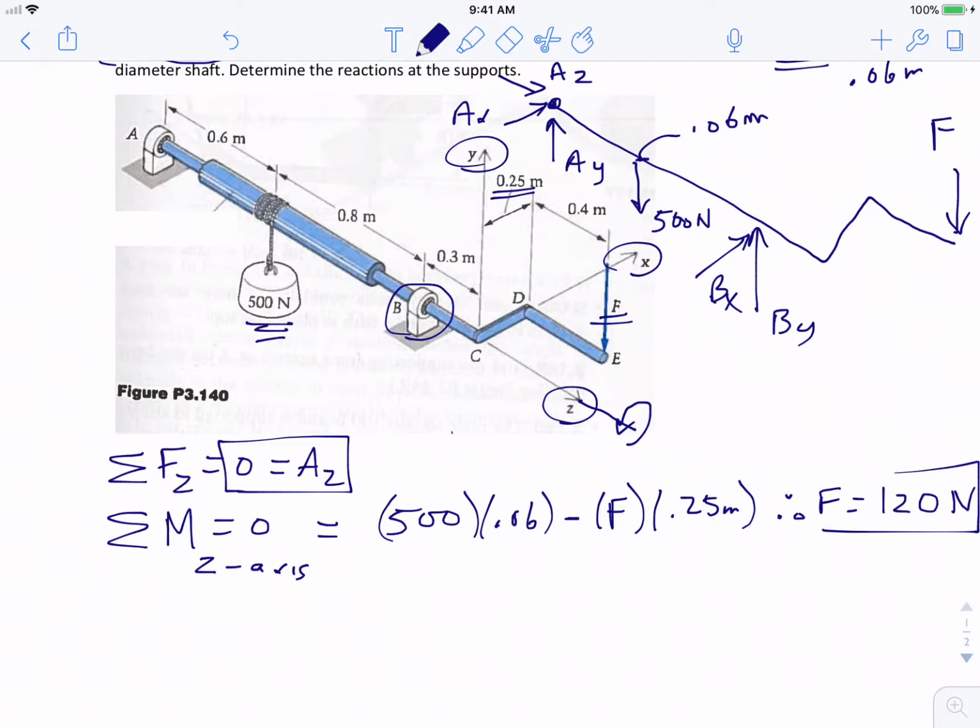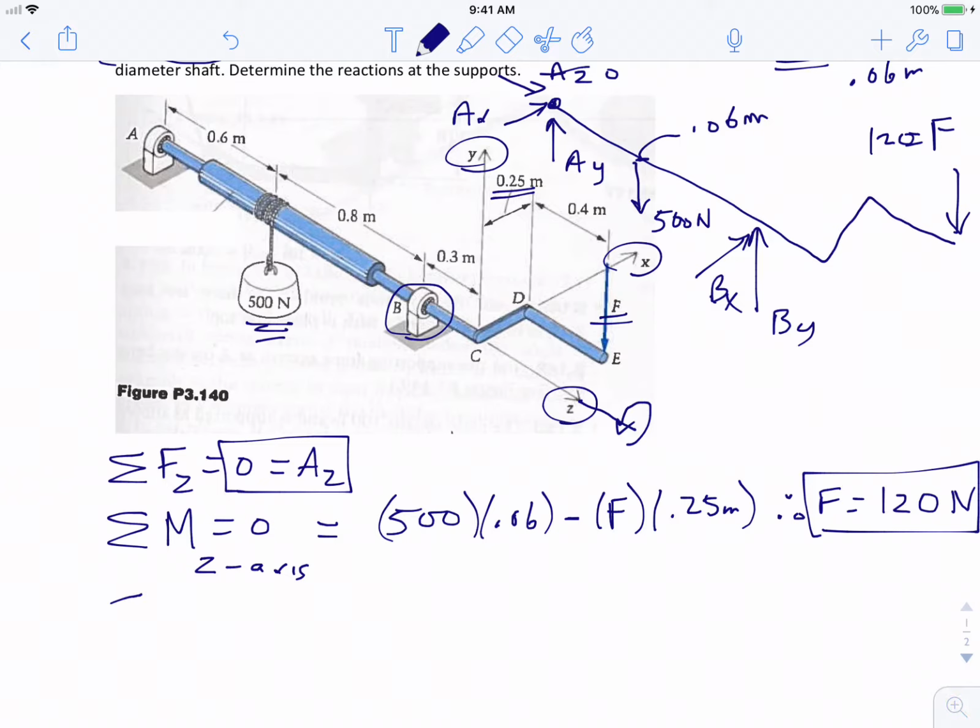And we have 2 of our objectives satisfied so far. So F up here is 120. And AZ is 0. So all of a sudden it's getting a lot more doable. So continuing along this